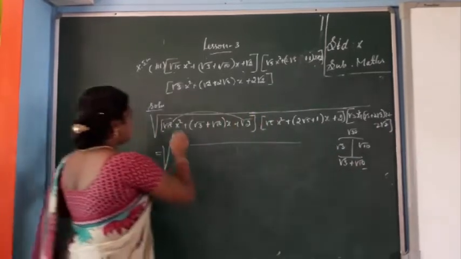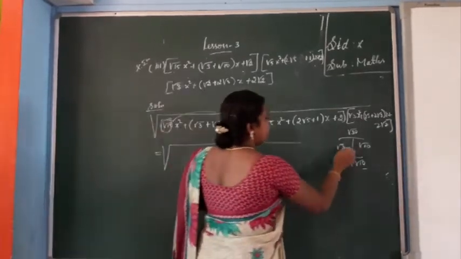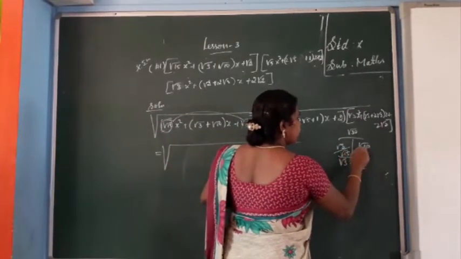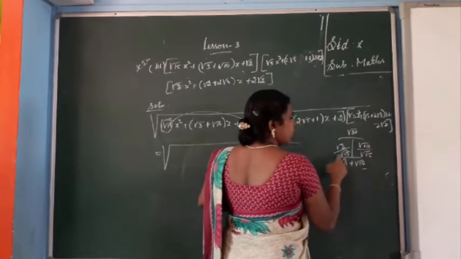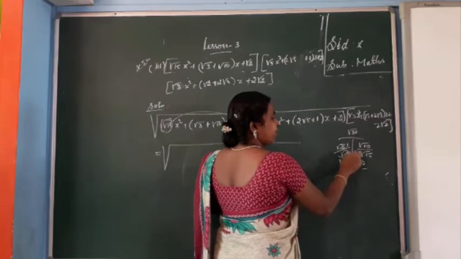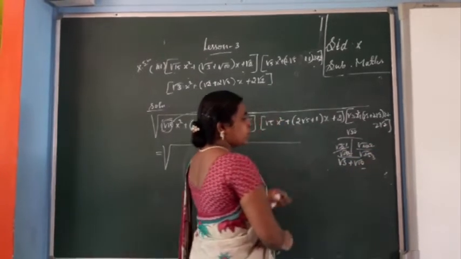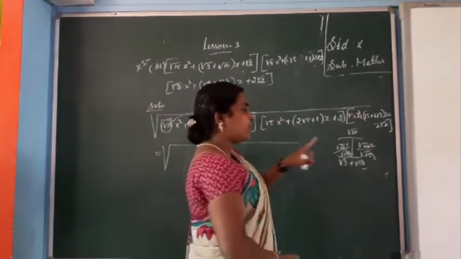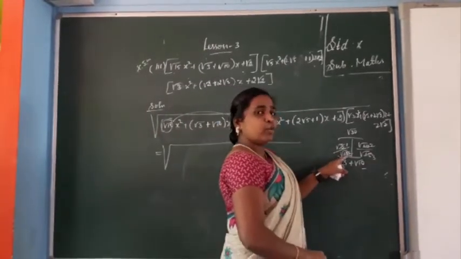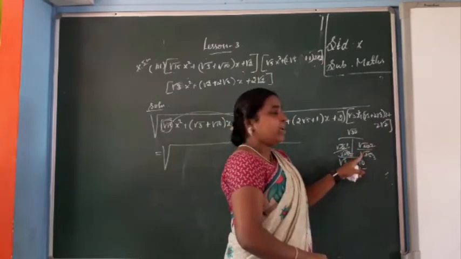Okay, now the coefficient of x square is root 15. So you divide by root 15. Root 15 here, and here also root 15. Both are in root, isn't it? So now 1 3 is 3, 5 3s are 15. Here 2 5s are 10, 3 5s are 15. So root 1 value means 1. In the denominator root 5. Here root 1 2 is there. So root 2 by root 3.